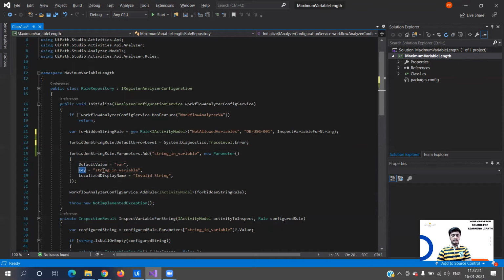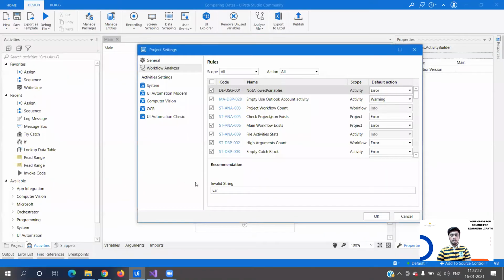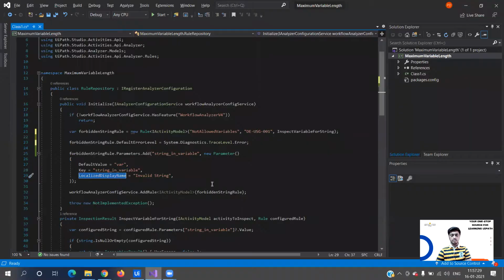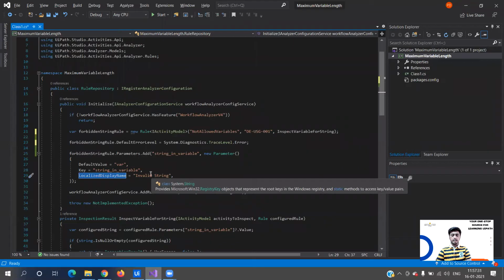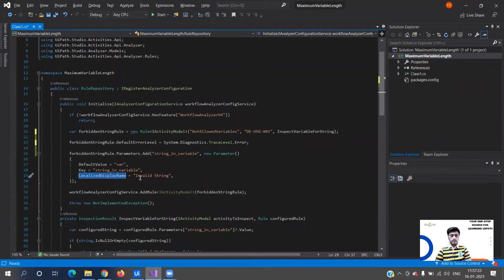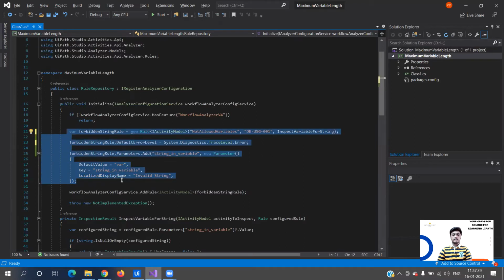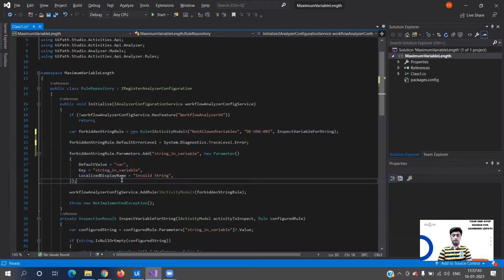Then it is key. Key is definitely going to be the same. And localized display name, as you can see over here, is this invalid string, which I've written over here. Right. So this is the complete UI of the rule that I have created. In these seven to eight lines, we have created the UI of our rule.